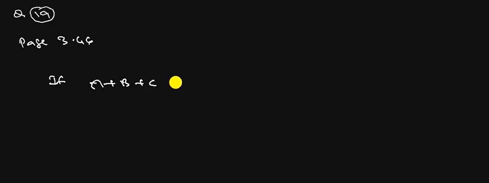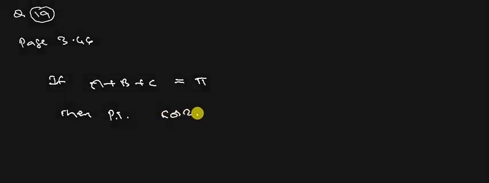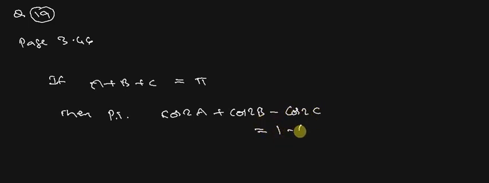The question is, if a plus b plus c is equal to pi, then prove that cos 2a plus cos 2b minus cos 2c is equal to 1 minus 4 sin a sin b cos c. Okay,